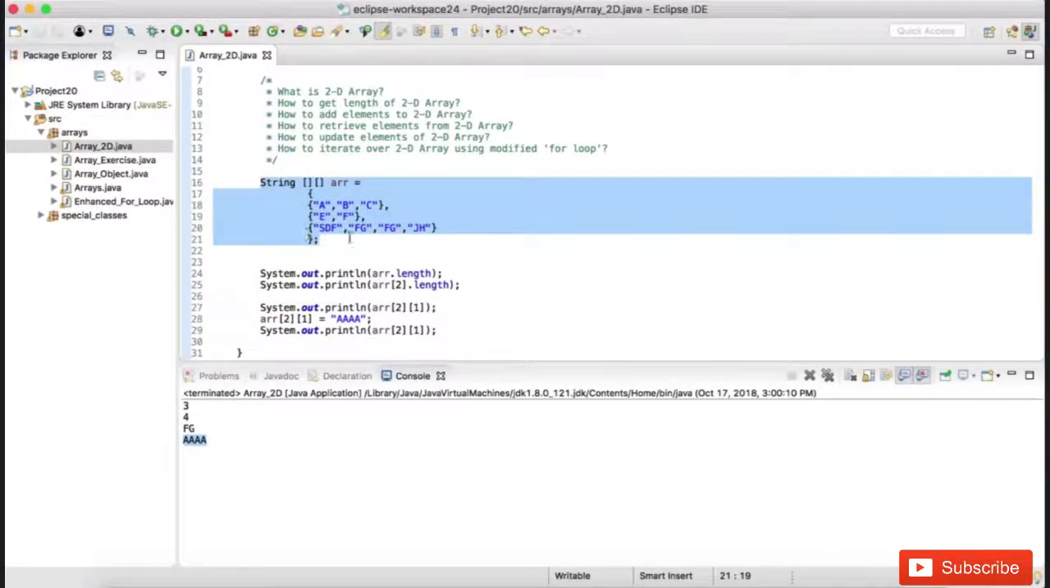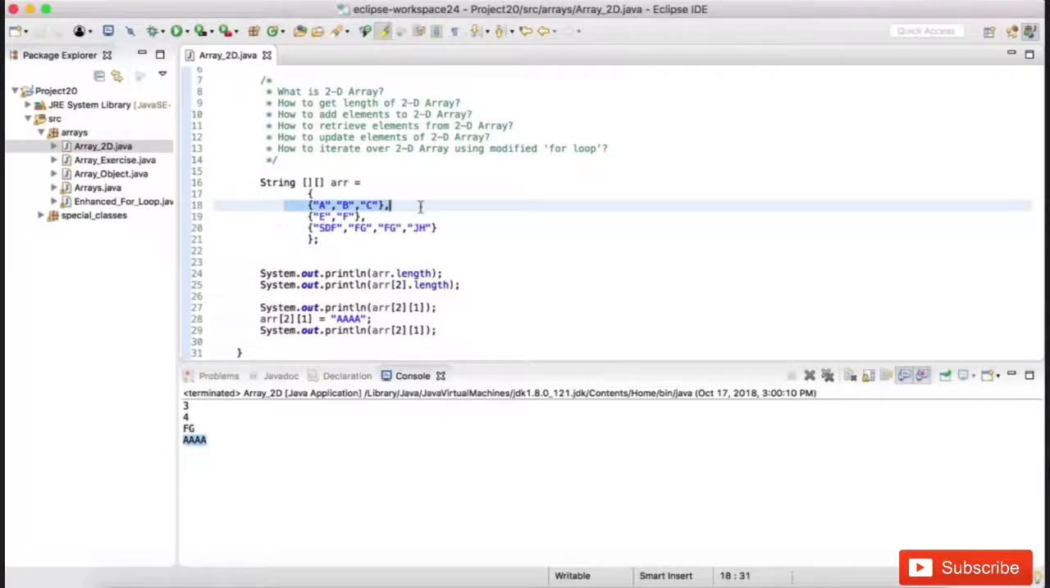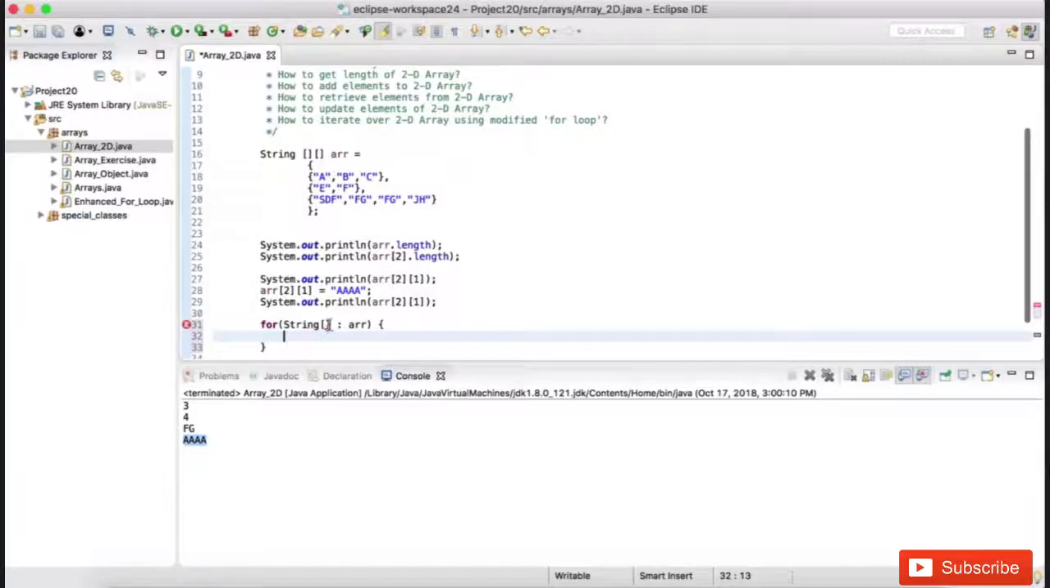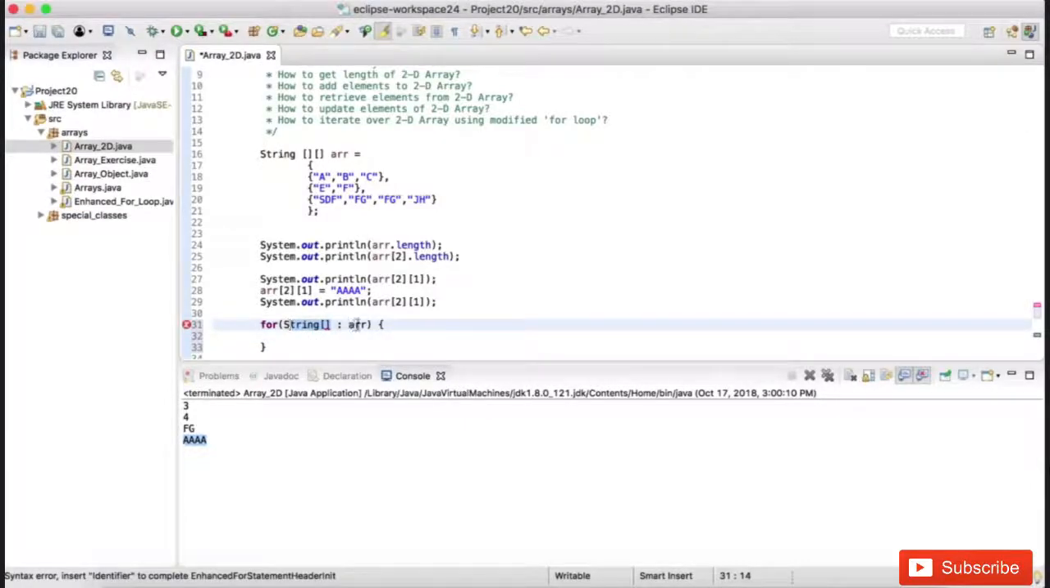Now number of rows are fixed and number of columns in each row are also fixed, you cannot change it. If you try to retrieve something from out of the boundaries, then you will get array index out of bound exception. Okay, now important point, how to iterate over this 2D array. To iterate over a 2D array, we can use the modified for loop. What does modified for loop say? It says that for each element in the collection of elements, so for every array in the collection of arrays,